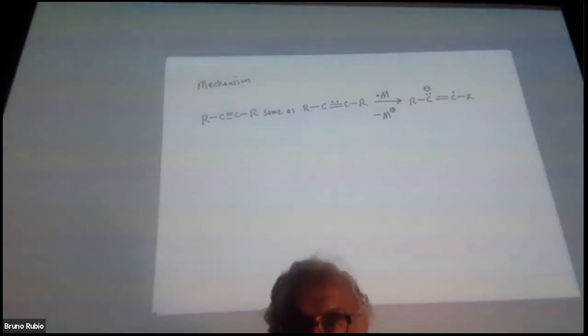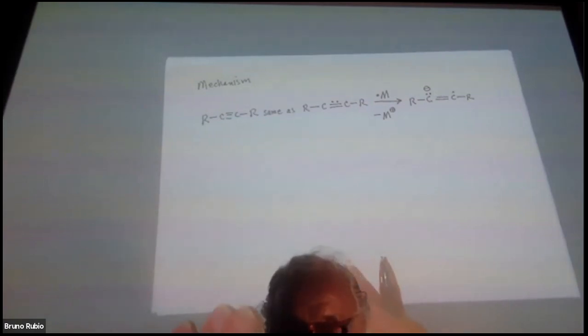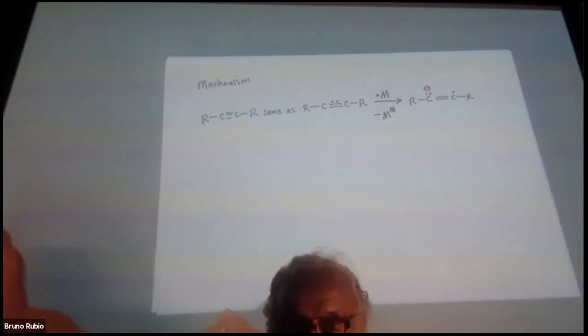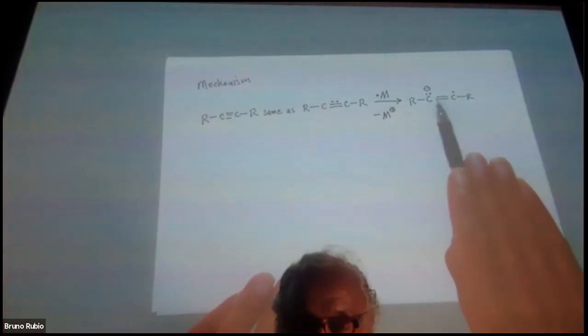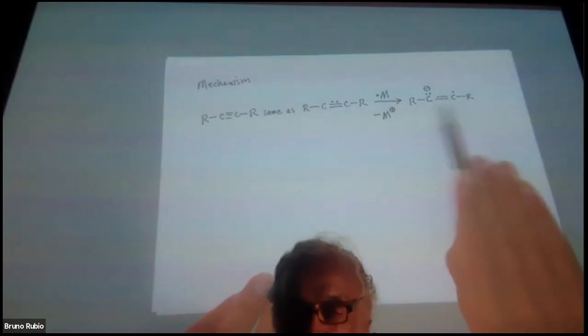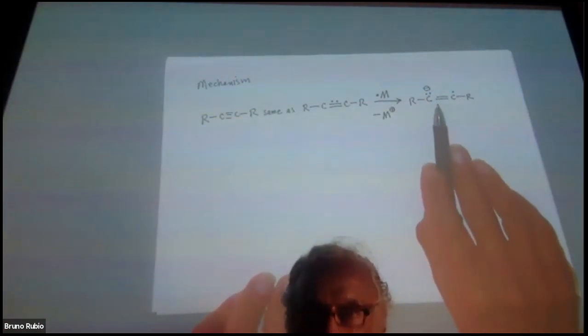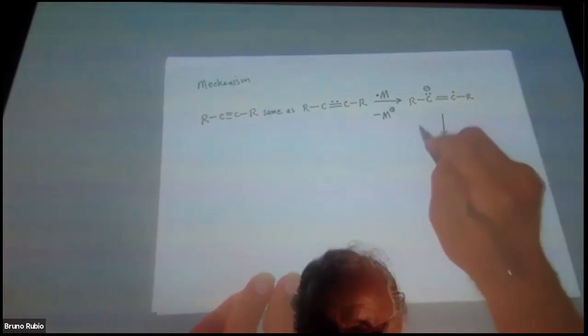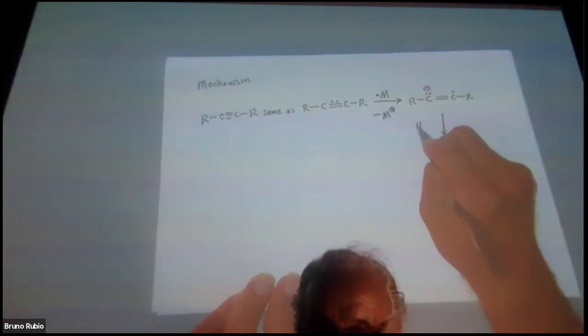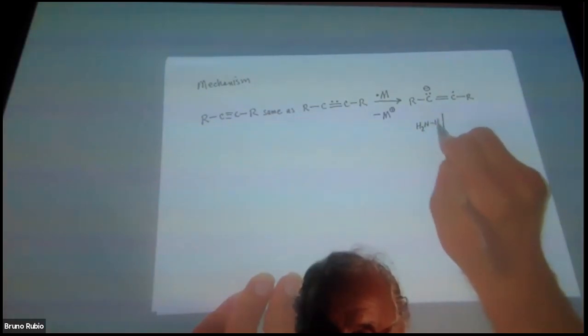And so we get this thing which is called a vinyl radical anion, where the metal has been stripped of its electron. It wanted to get rid of that electron so it could become like a group 8 element, and it has donated it over here to this triple bond, to give this radical anion. This is a pretty strong base. And so what happens next is that our first equivalent of ammonia functions as an acid,